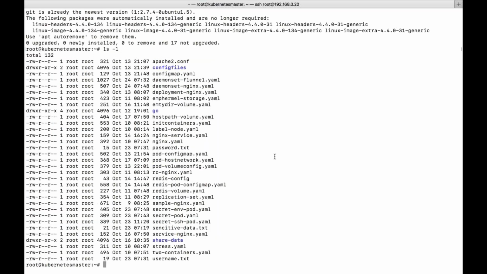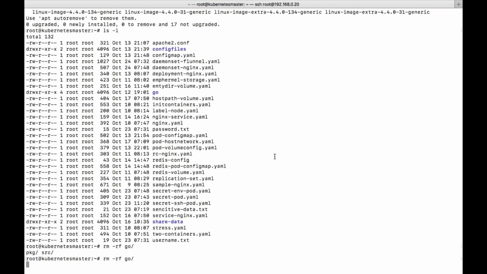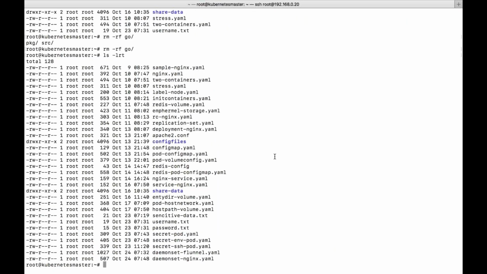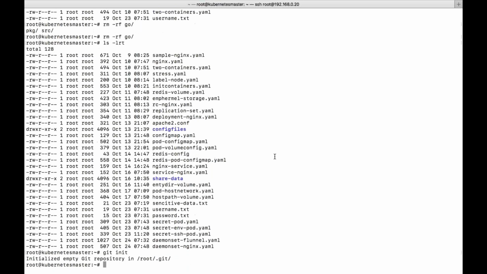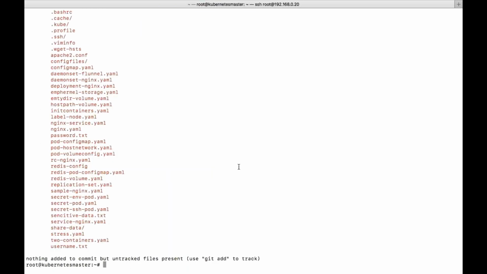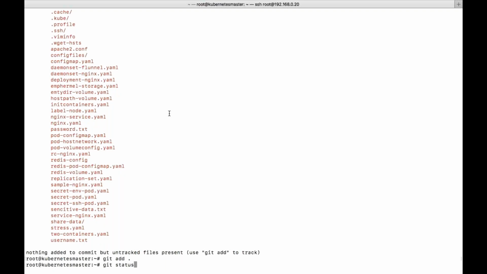Now I need to create a git repository, so git init. It is created. Now if you see git status, all these files are untracked, in the sense they are new files which need to be added to the repository. So git add dot, and you can see all these new files are now added to the staging area.